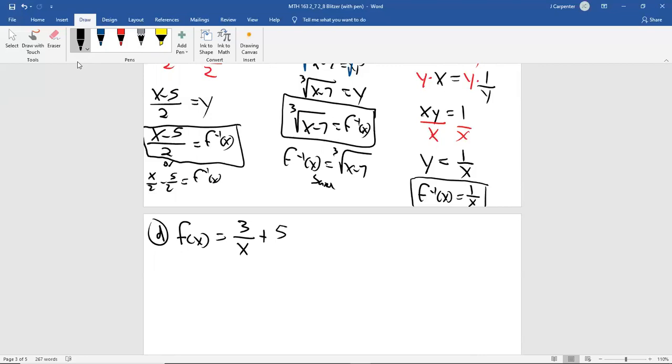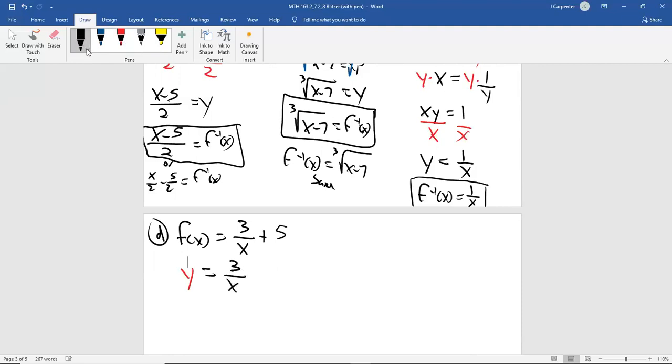So f of x equals 3 over x plus 5. So this is different because of the 3 and the 5. The 3 doesn't make it too different, but the plus 5 does make this a little bit more different. A little bit more different? It sounds weird. All right, first step, write f of x as y